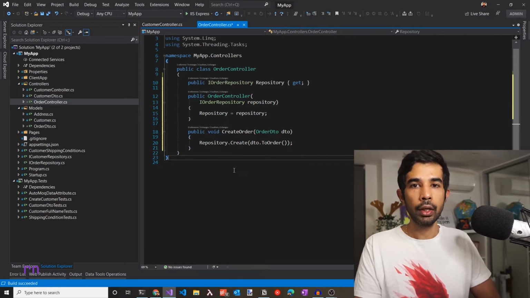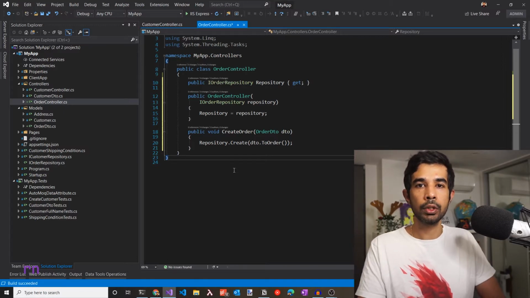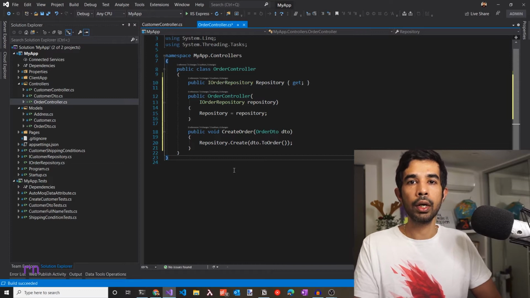Now, once you feel you have reached a certain point which can be merged into your main branch, you can start raising a pull request. You necessarily need not wait to complete the full feature to start raising a pull request. You can use feature toggles or other mechanisms to make sure that this code doesn't affect the rest of the application. So in this case, since I have a schema for this controller, I can check this in so that somebody else who wants to use this can start consuming it, let's say from the front end.